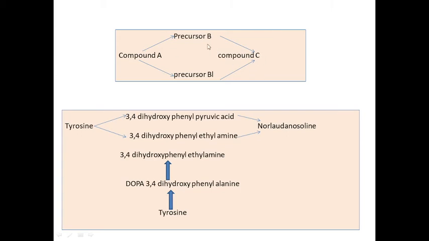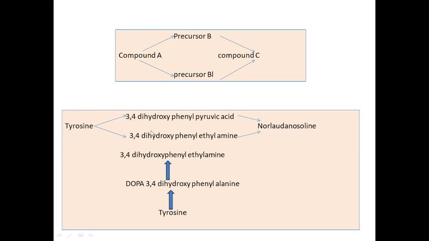In such experiments involving intact plants, the biological variation between normal plants is often so great that it is difficult to perform a control investigation. So here labeled compound A is used, two precursors are used, two groups of plants are made, and if there is inhibition in incorporation activity, then the compound A is converted into compound C through precursor B, and the activity is unaffected in B dash.